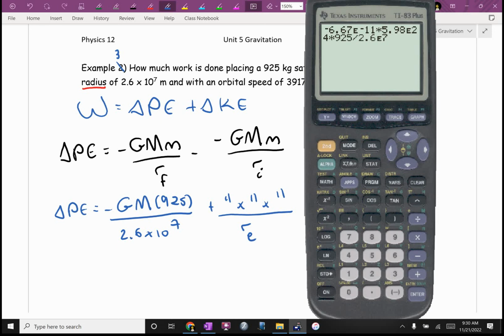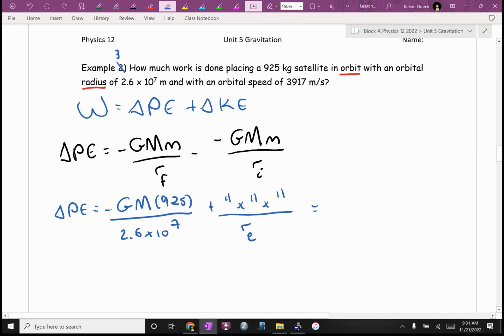If you've typed that correctly, let me look for typos, you should get negative 1.419 times 10 to the 10th. And I think that 9 is a good place to round off to, because next to it is a 0. Am I right or am I wrong? Yes? Okay. If you're all getting different answers, let me know, because there's a good chance I'll make a typo. This is pretty complicated typing stuff. Negative 1.419